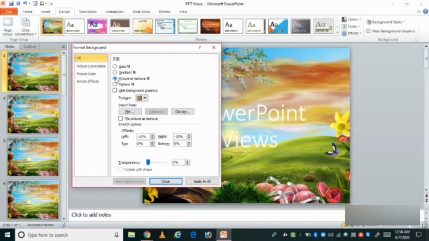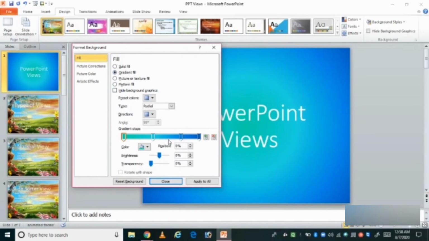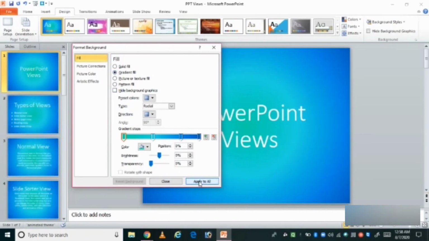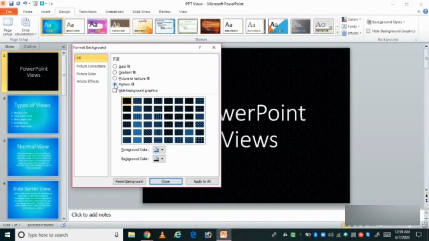I like the gradient fill. So Apply to All. And there is one more, that is pattern fill. Here you can see the different patterns. You can even change the foreground and background colors here.